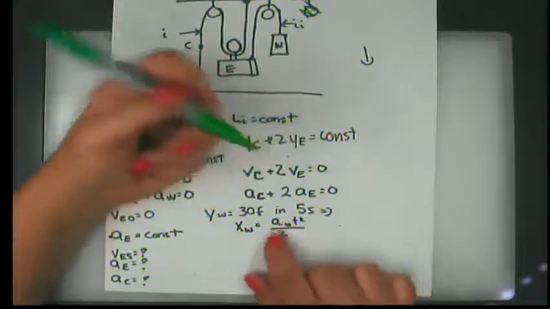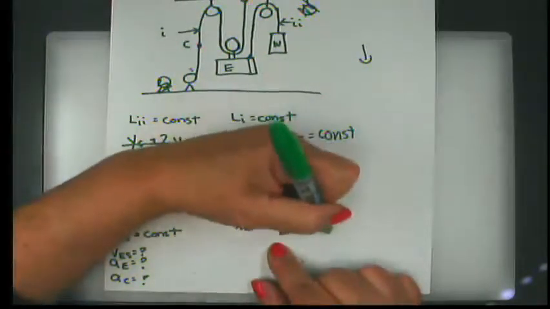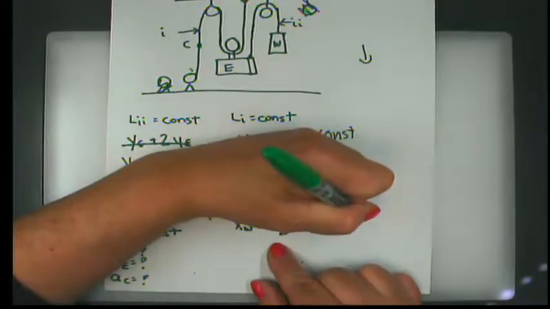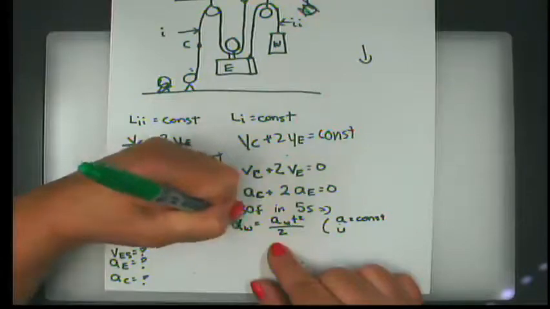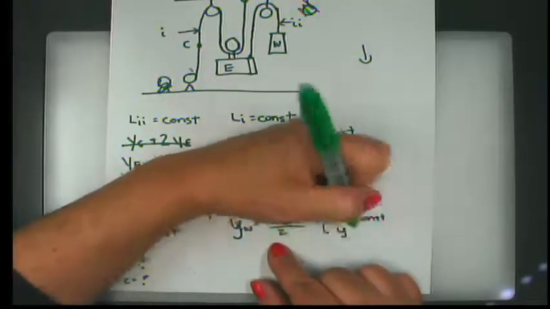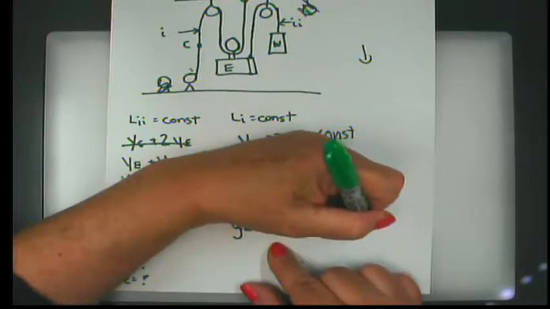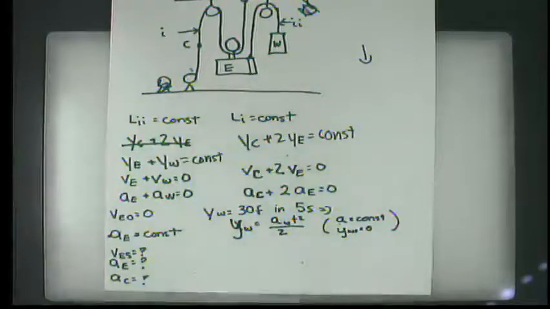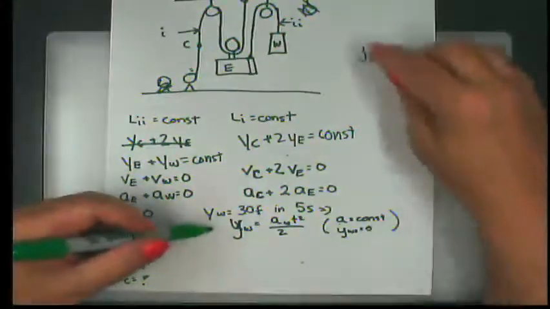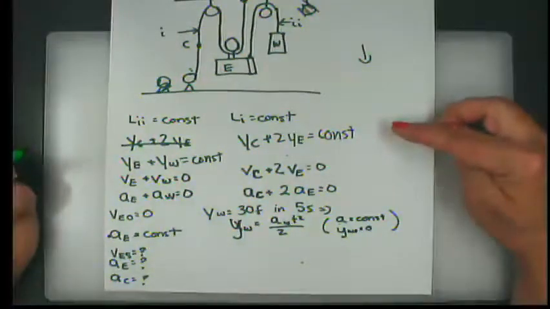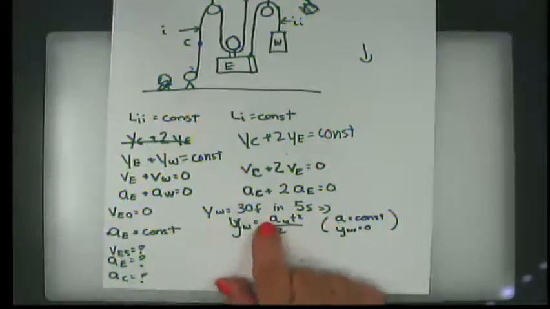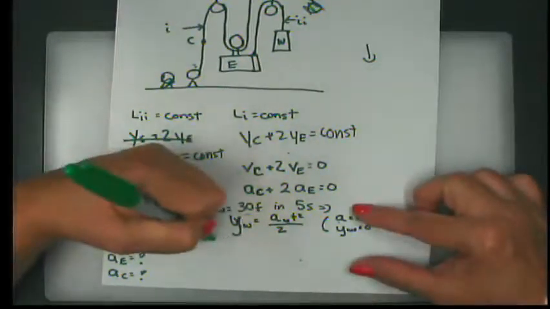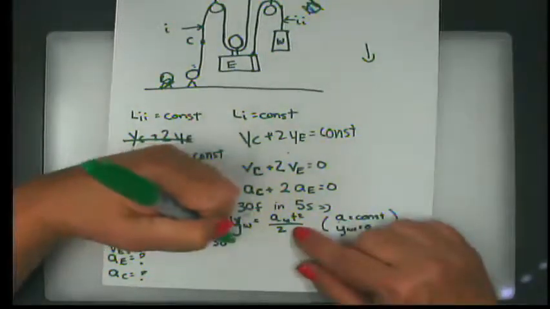over 2. Now, in order for this to be true, we know that the acceleration has to be a constant, and that the initial, I should call this y instead of x, since we're moving up and down, and that y, w initial, has to be equal to 0. So in other words, we're really talking about the displacement, which is the 30 feet. Okay. So I can plug that in and I can say 30 feet is equal to the